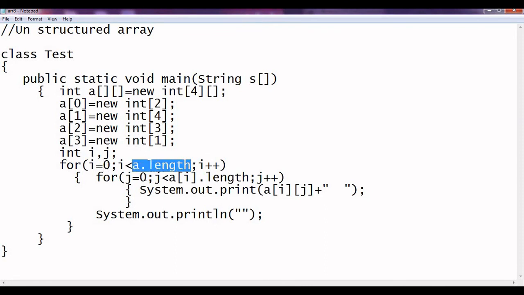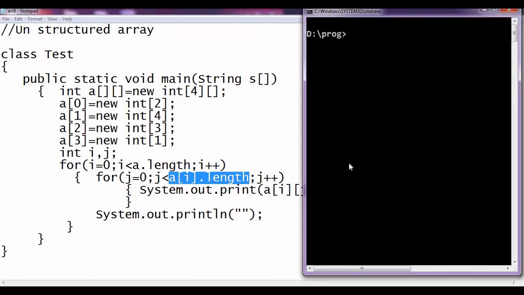For i equal to 0, j will start from 0 to a of 0 dot length, meaning in row number 0, how many elements are there? 2. So it will go for 0 and 1, and then this will be printed. In such a way it will continue and print the content. Let us see it.